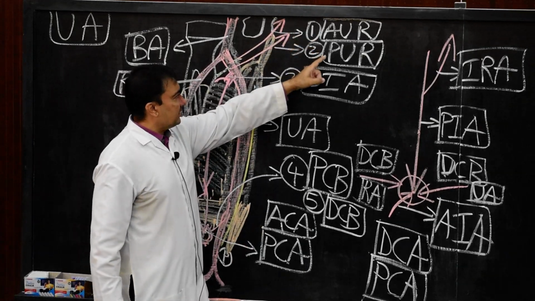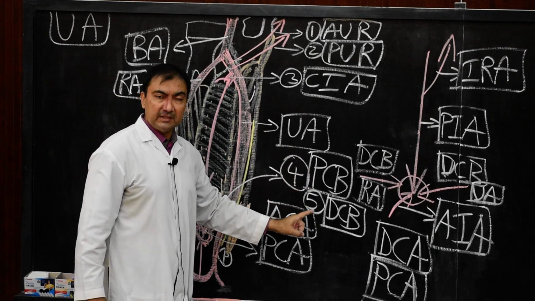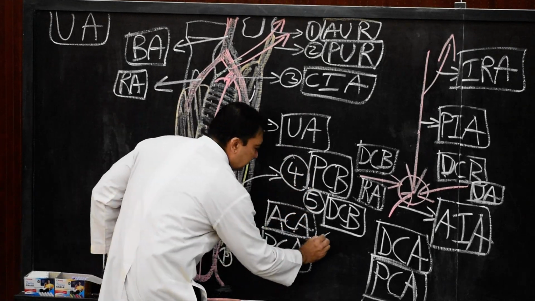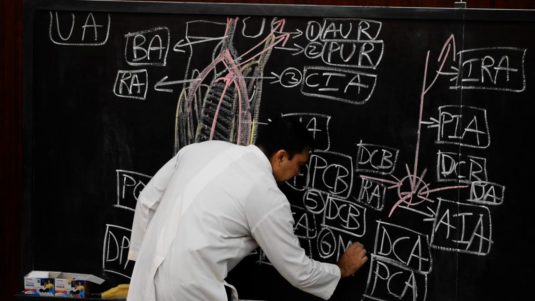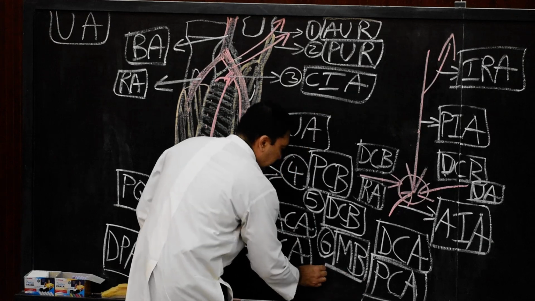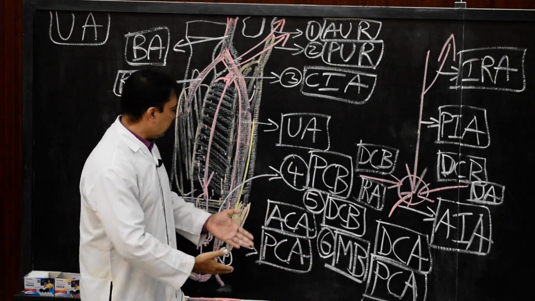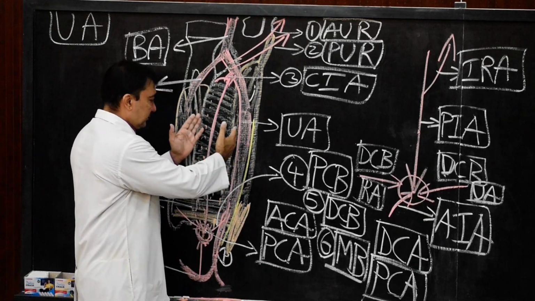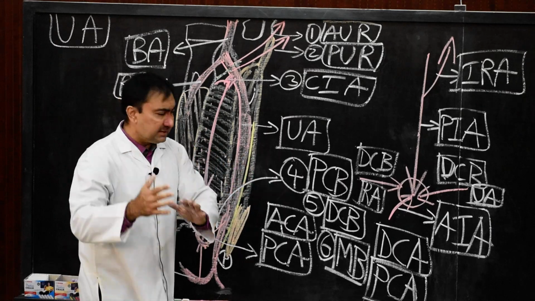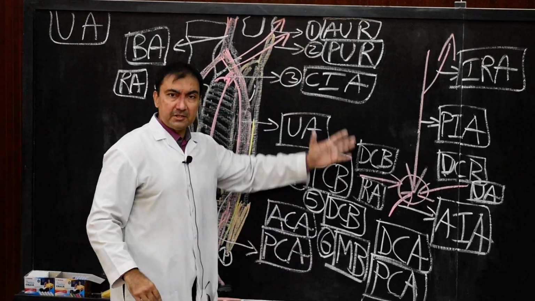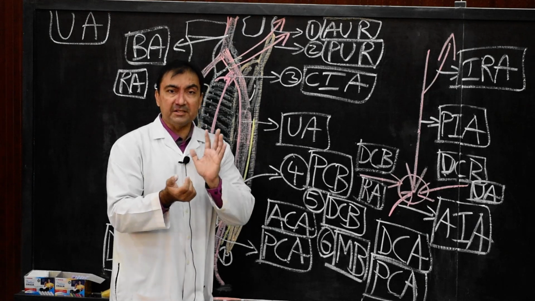Once again: anterior ulnar recurrent, posterior ulnar recurrent, common interosseous artery, then palmar carpal branch and dorsal carpal branch. And branch number 6, if we want to discuss, they all are muscular branches, supplying the deep muscles of the front of the forearm. Now, after discussing the branches of the ulnar artery, we come to the 2 carpal arches.